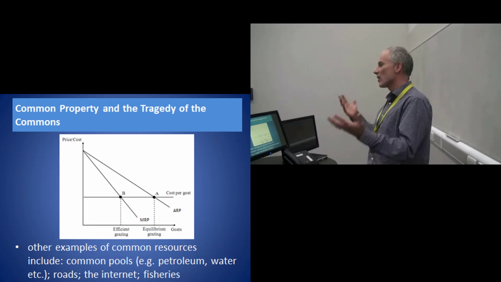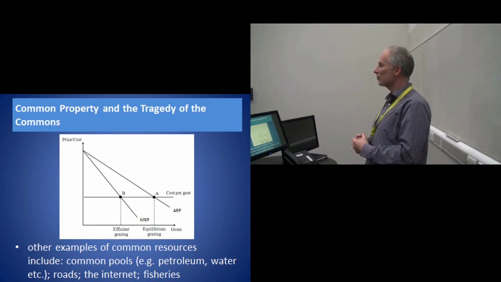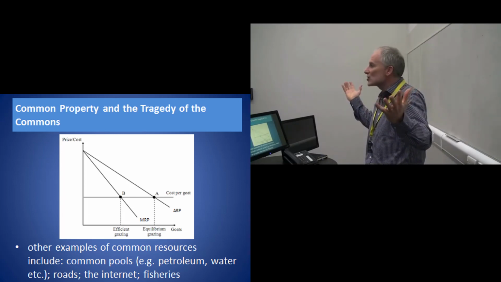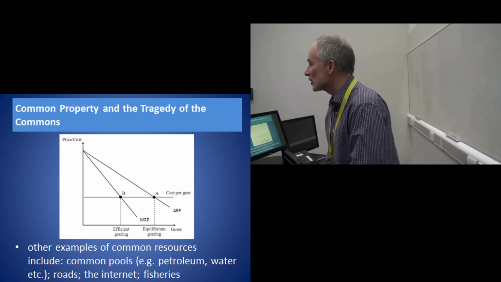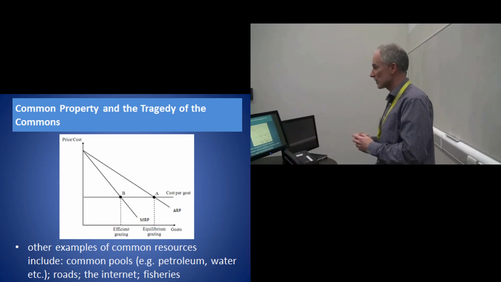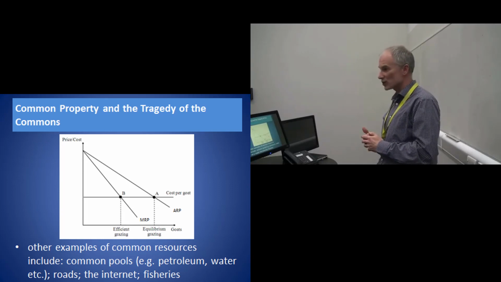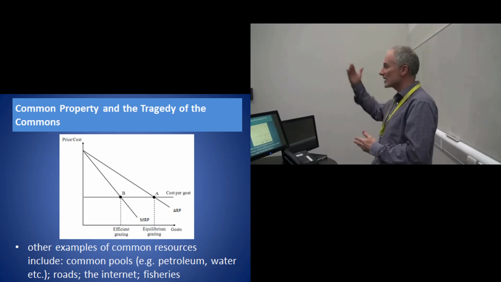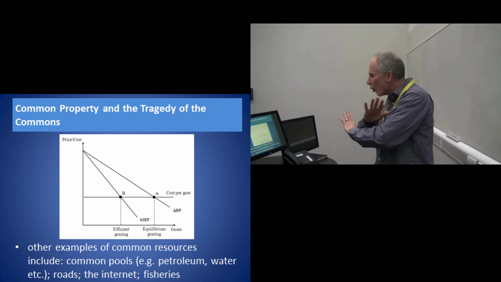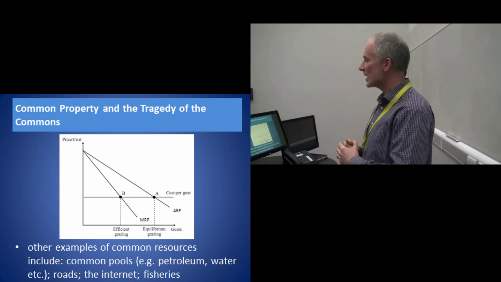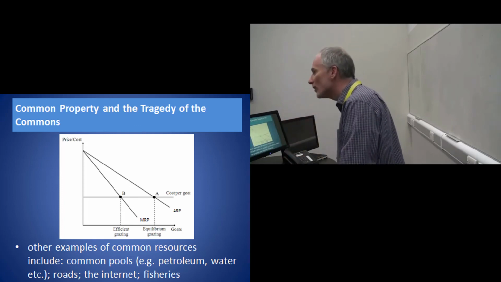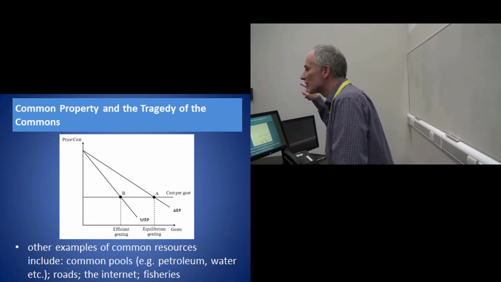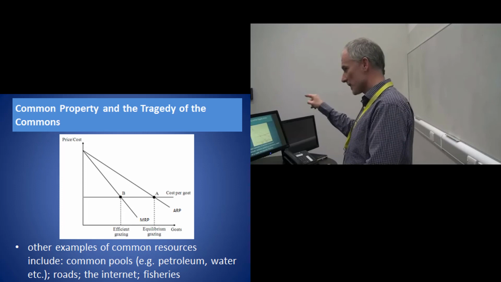Fisheries, exactly the same. That example I gave you about international fishing waters. What do we know about these as a common pool? The international fisheries, we get overfishing of resources. We take too many fish from the sea, and it impacts upon sustainability for the future. All the exact same scenario. Get a common pool resource, a common good, it is overconsumed.